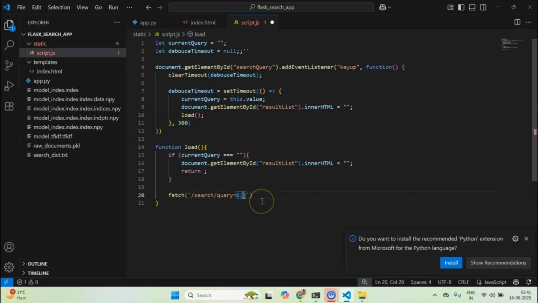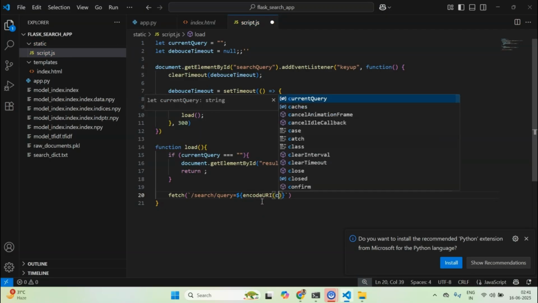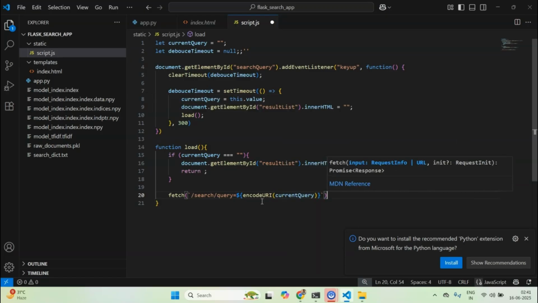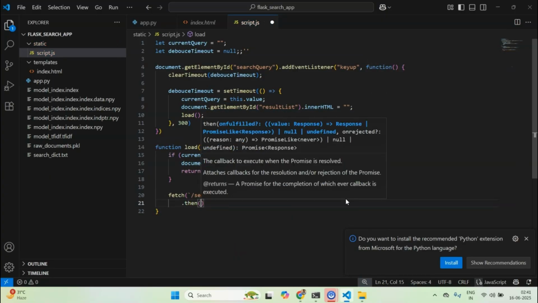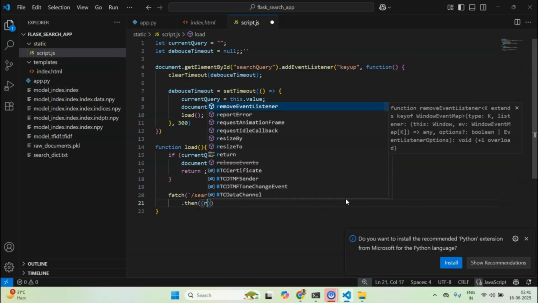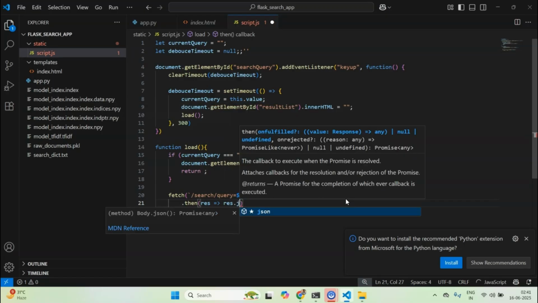So I would like to do encodeURI, and in encodeURI I'll write current query. So I would like to fetch this, and now we can do then on the results of whatever fetch returns. So I'll do then, and then I would like to get my result and return it as result.json.